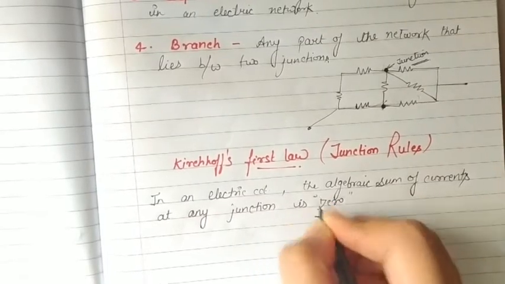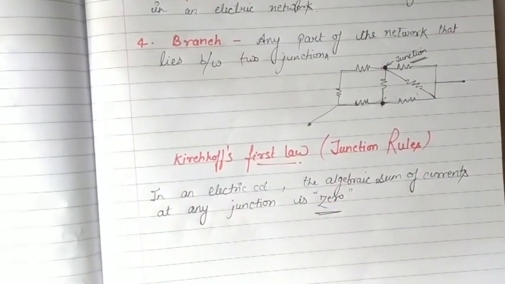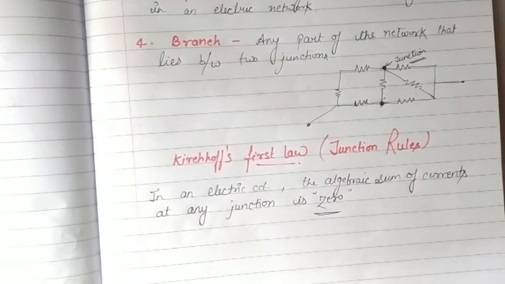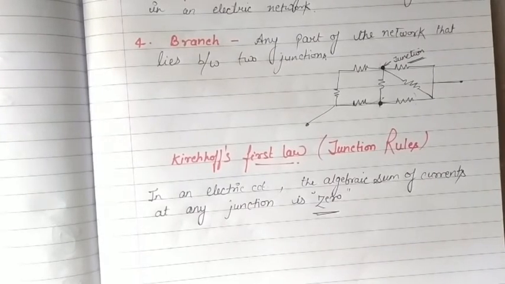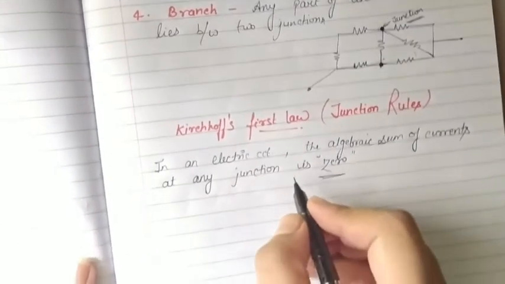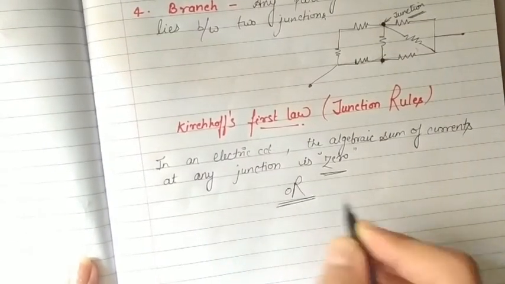Right? Now this is important. The algebraic sum of currents at any junction is 0, or we can also write it as the sum of current entering a junction is equal to the sum of currents leaving the junction, or we can also state it as